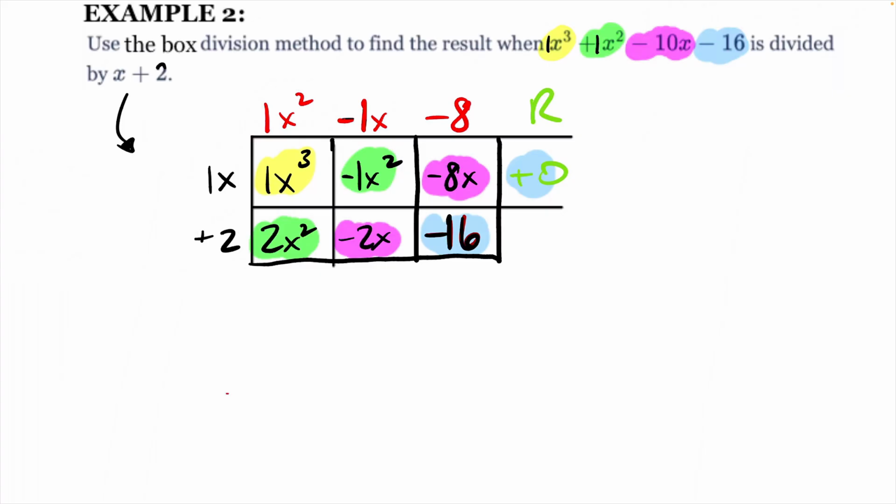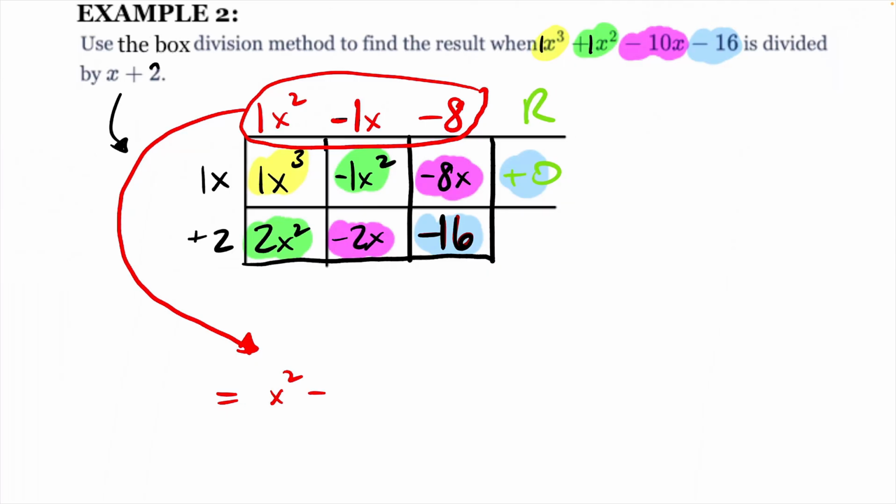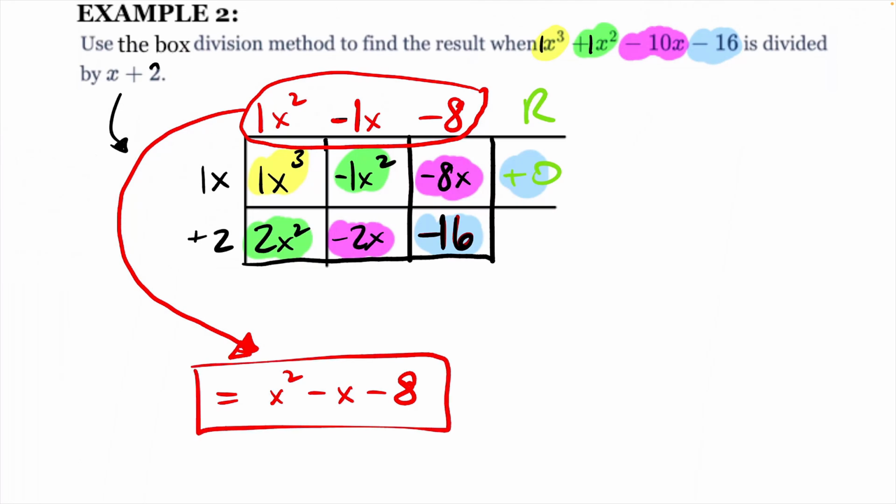Okay, so let's write our answer down. X squared, or 1x squared, minus x minus 8. No remainder, so I don't have to write anything for a remainder. And you're done. The only thing that's going to change on the other side is we're going to get remainders